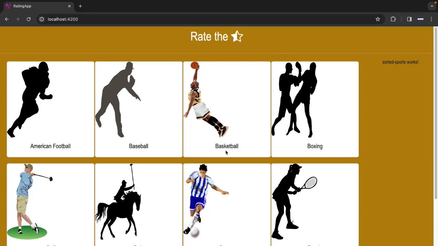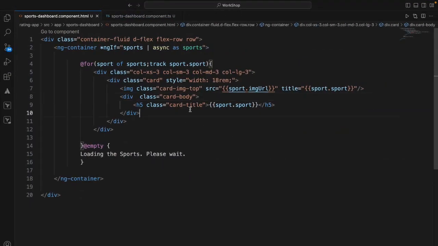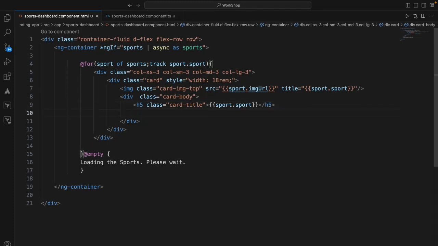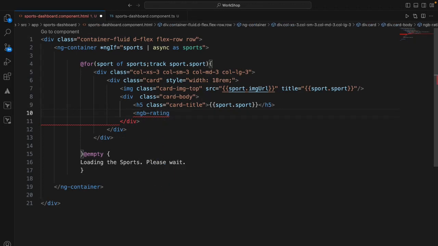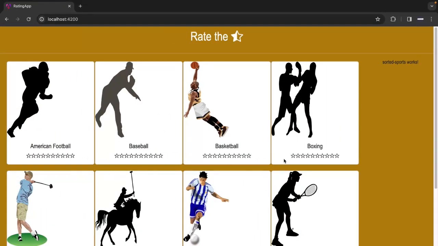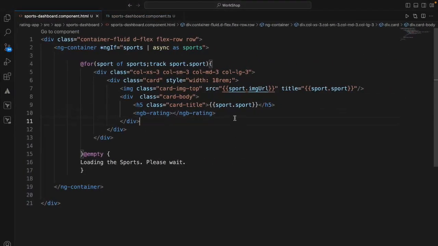Now you can see the sport name here. Also under this I want to show the rating. There is an ngb rating module, an already existing module, that I want to use. If you see the rating, but now I need to get hold of, when I click this, I need to select that number, the specific number. For that I need a value to hold whatever the user clicked. To get hold of that there is a property called rate which will get hold of that